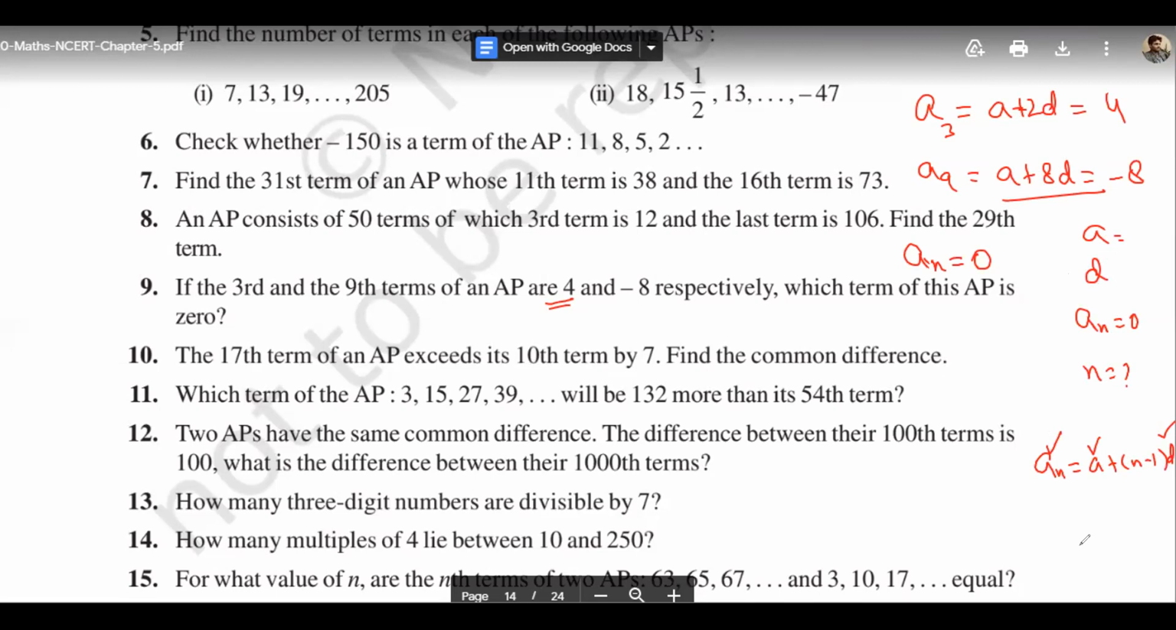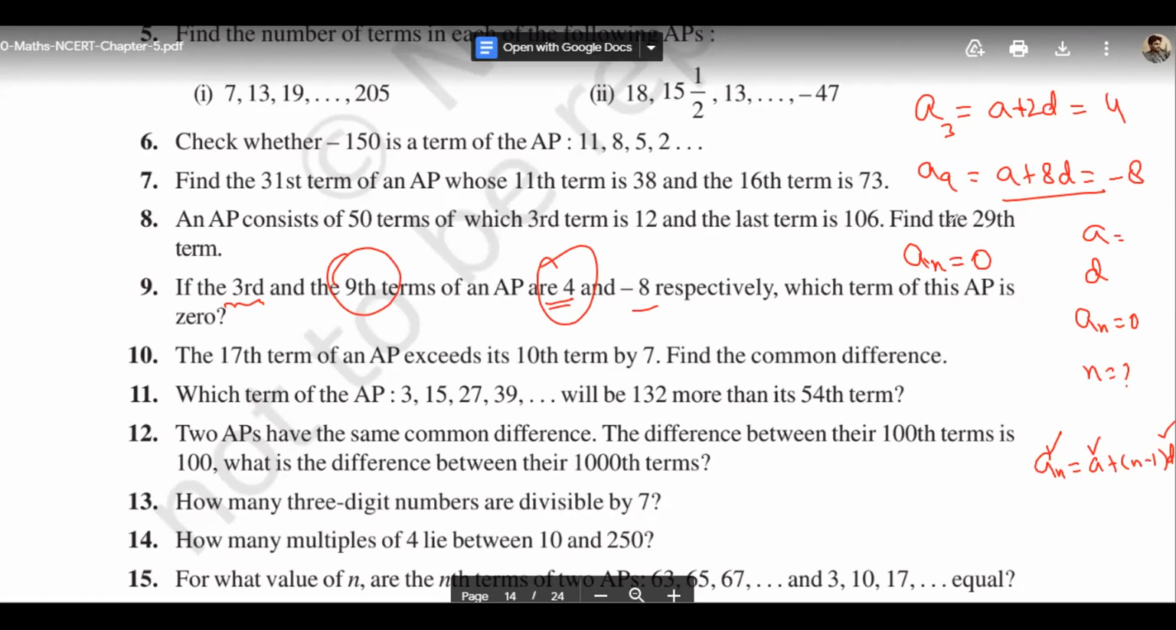समझ आया बेटा? सर फिर से बोल सकते हैं। Yes. आपको गिवन है कि थर्ड टर्म 4 है, तो मैंने लिख दिया थर्ड टर्म यानी a प्लस 2d इज 4, नाइन्थ टर्म माइनस 8 है, यानी a9 इज इक्वल टू a प्लस 8d इज इक्वल टू माइनस 8। गिवन है, नाइन्थ टर्म a प्लस 8d, थर्ड टर्म a प्लस 2d, एक कम हो जाता है यहाँ पे।